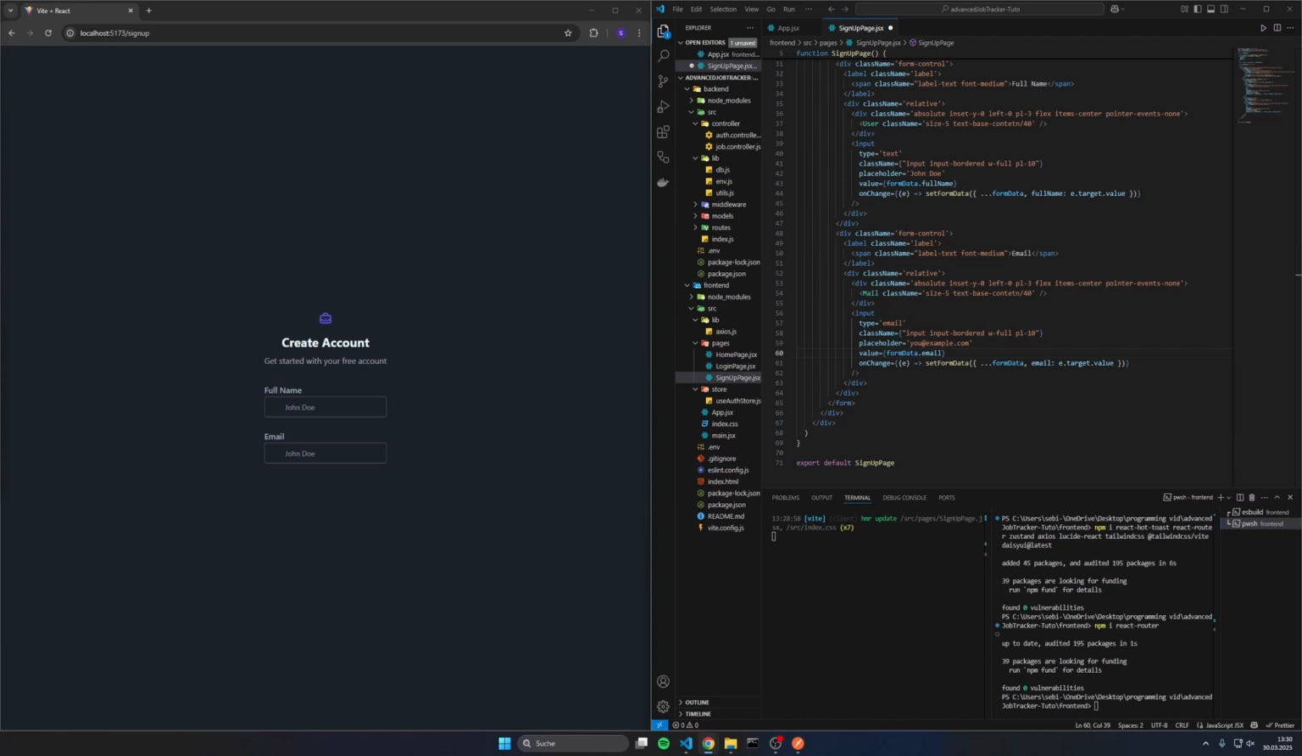So now we will go to divs down and add another div with a class name of form control, and inside of this div we can just copy the label again, paste it in, change the email to password,